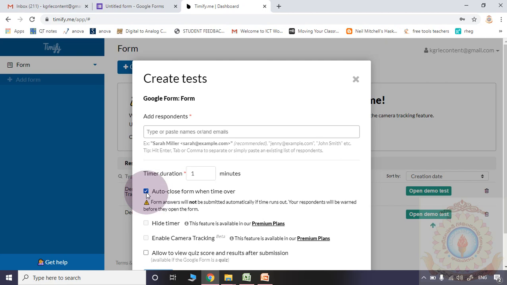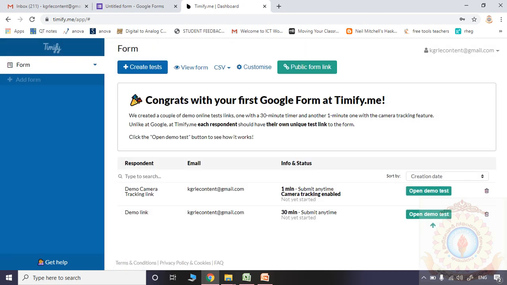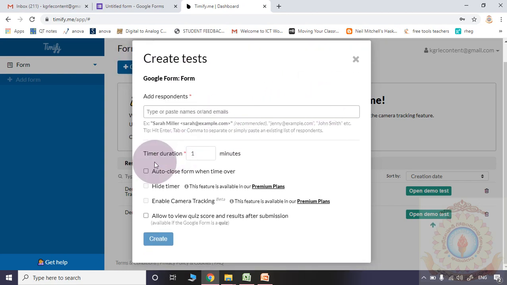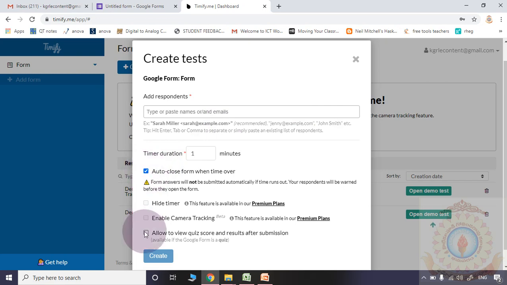Means whenever time is running out, they are supposed to give the answers. When time is over, automatically the form should be closed. That is the only purpose of the timer. You may give the chance to observe the score also immediately. So auto close and quiz score.